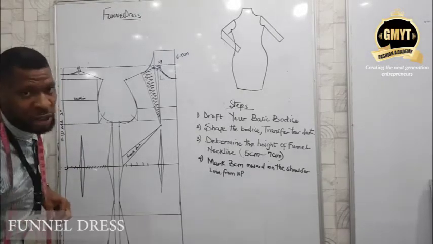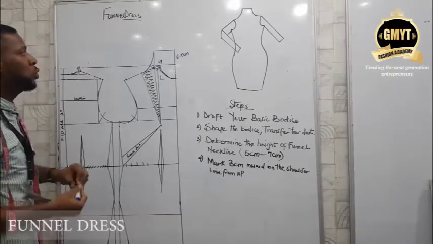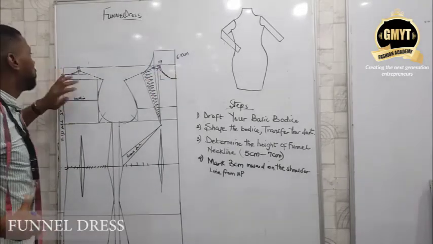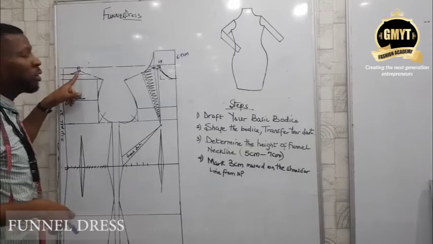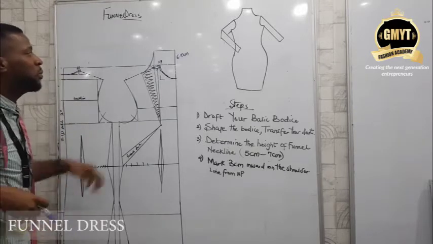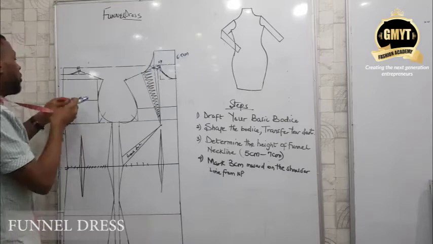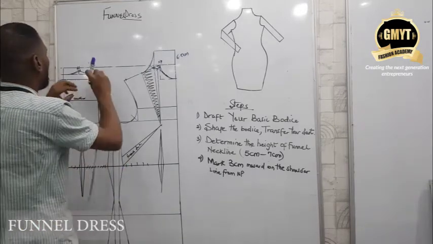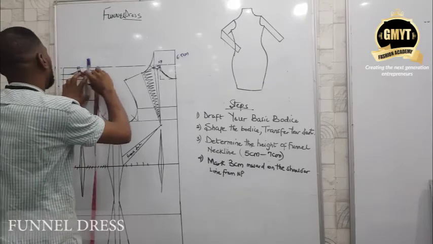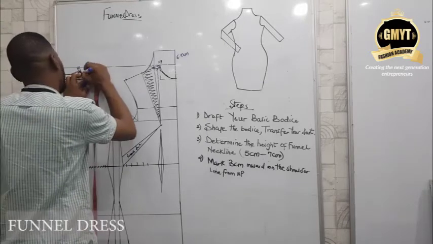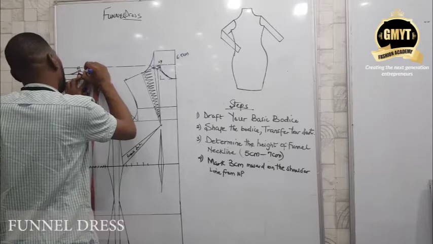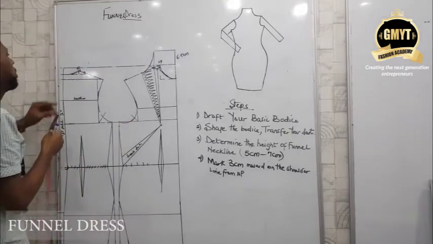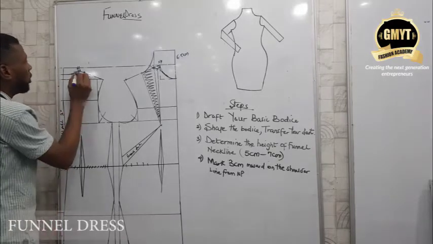Now you repeat the same process you followed in front on the back pattern. So the first thing we need to do here again is from the MP of the back, go in 3 cm. It will be the same thing so that you can have a balanced funnel shape. Now for my MP, you go inward 3 cm. And please make sure you have eliminated any excess that is on your shoulder line for the back. So once you do this 3 cm in as well,